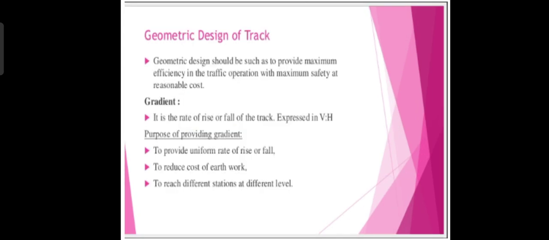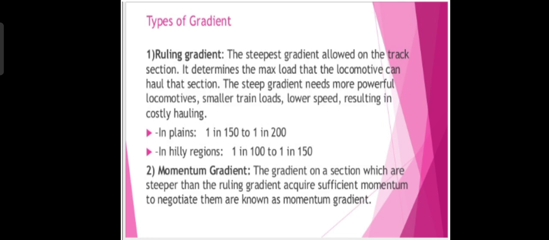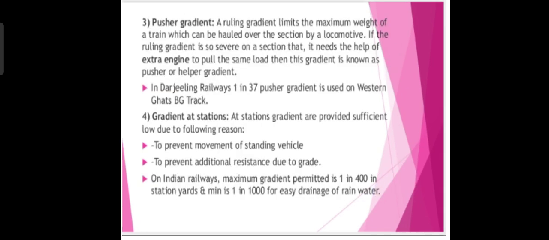Geometric design of track. Geometric design should be such as to provide maximum efficiency in the track operation with maximum safety at reasonable cost. Gradient is the rate of rise or fall of the track expressed as vertical to horizontal. Purpose of providing gradient: to provide uniform rate of rise or fall, to reduce cost of earthwork, to reach different stations at different levels. Types of gradient: ruling gradient, momentum gradient, pusher gradient,